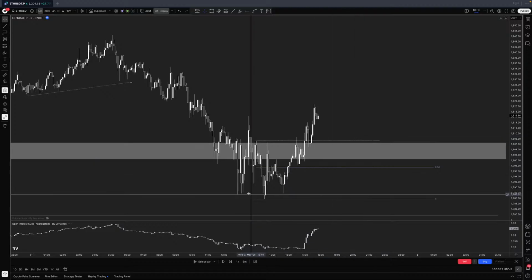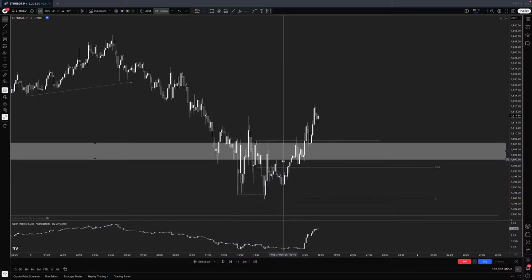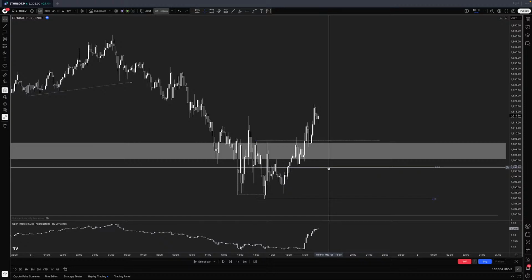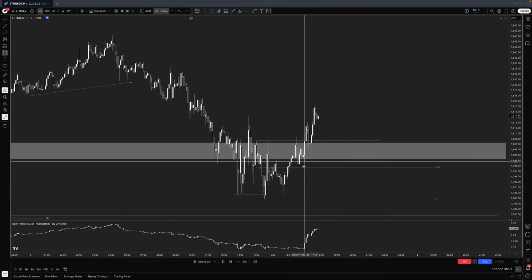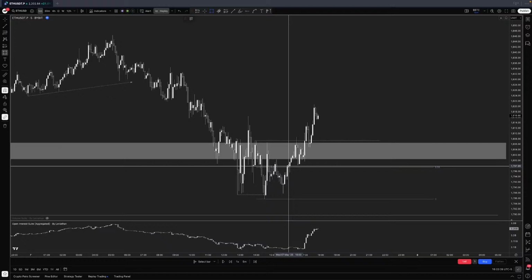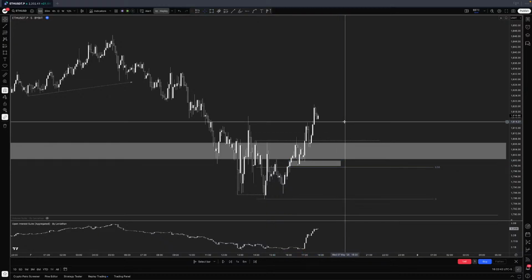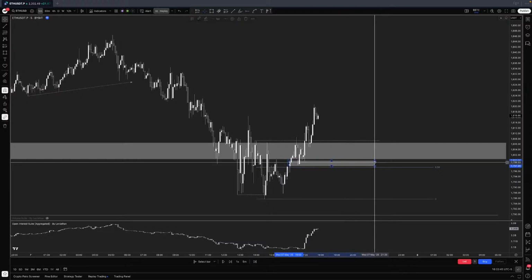This low needs to, it took the liquidity below the previous low, so that's good confluence, all right? And now this zone over here needs to be confluent with a liquidity gap as well, and we do have a liquidity gap over here, all right? Now we have two levels of entry.